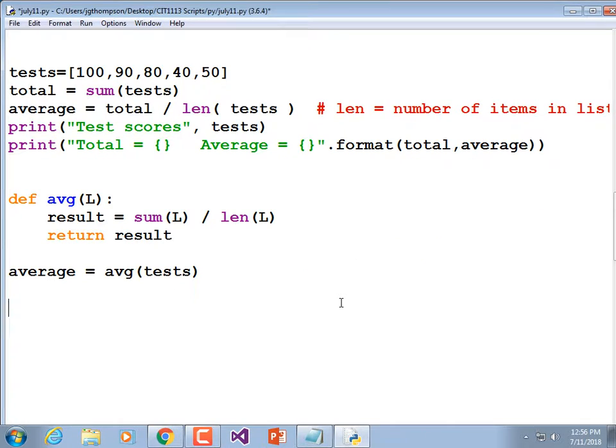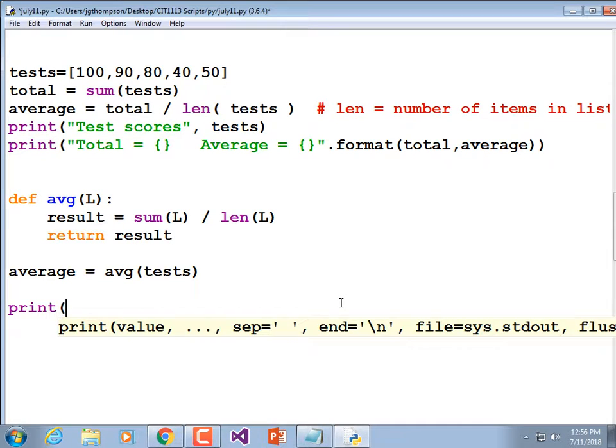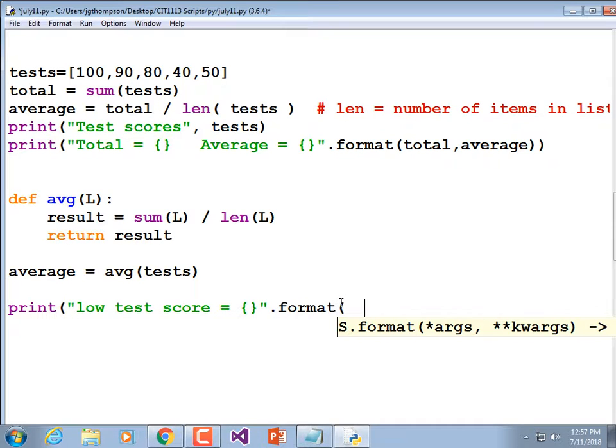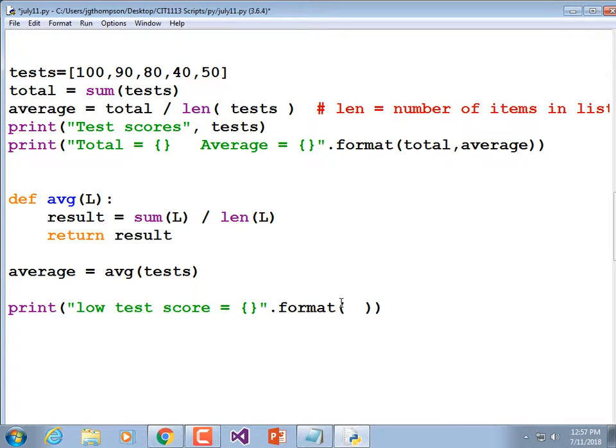So let's print out the low test score and the high test score. Print low test score colon end quote comma. Now I'm going to use that dot format just to be annoying. Low test score equals curly brace, end quote, dot format, and here's, I'm going to need two parentheses at the end. Why two? Because,